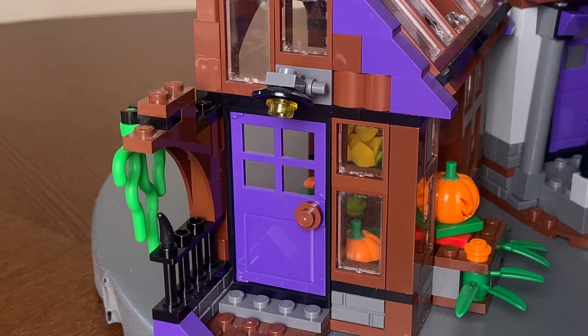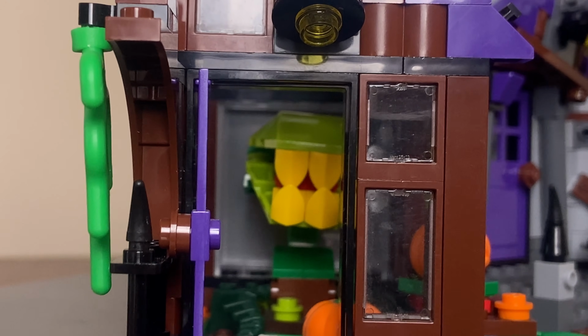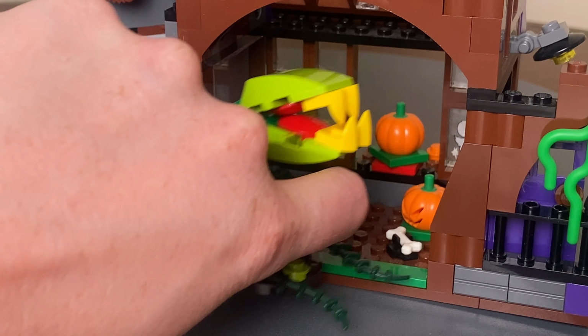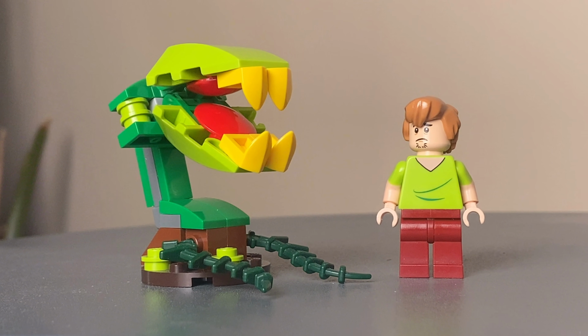There's also a separate door to the greenhouse, which continues the purple color scheme, and above it there is a yellow light, which again I imagine would be perfect if it actually would light up. Taking a look inside, we find another pumpkin, a bone, and the elephant in the room, giant Venus flytrap. It's actually removable, so it's pretty convenient to showcase. It's bigger than the regular minifigure, has a few points of articulation, and overall I think it definitely fits with